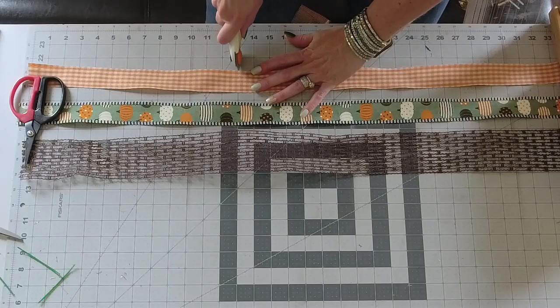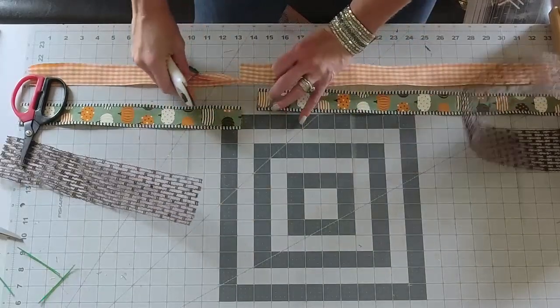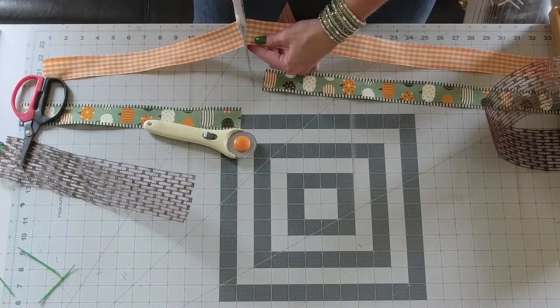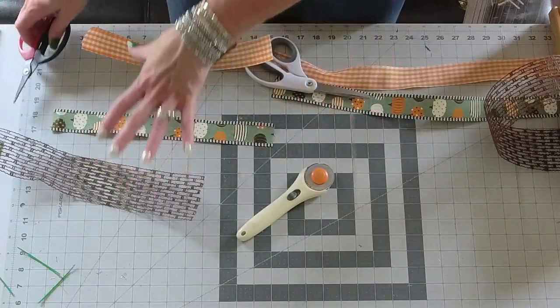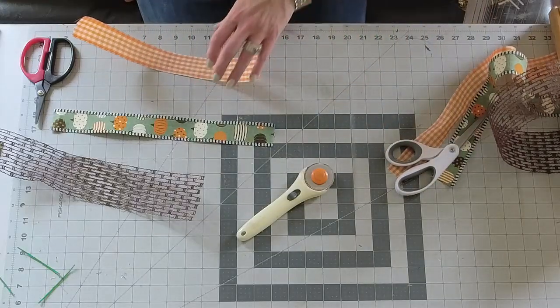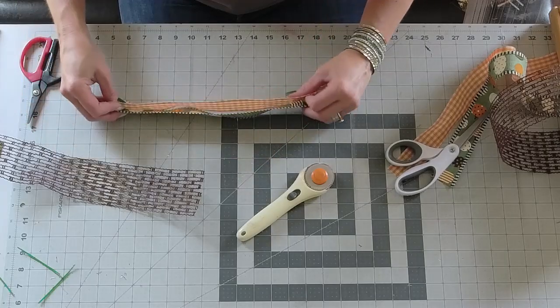So I'm just going to try to go through all of them at the same time, like that. Oh, I didn't get this one. I jumped a spot. You're going to cut 12 of each for your ribbon. And let's see here, once you get them cut,